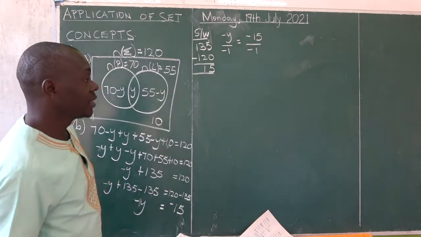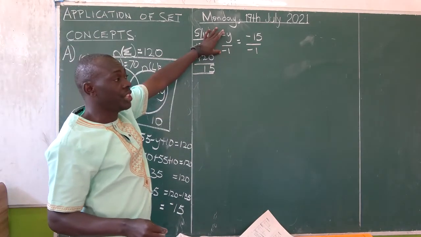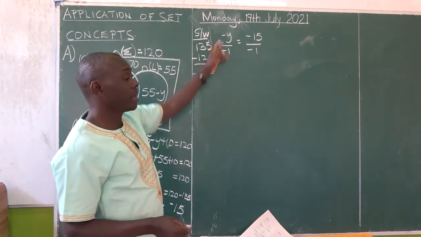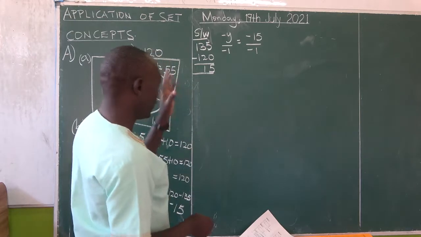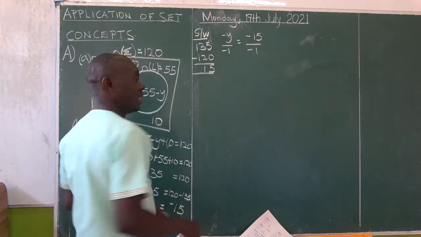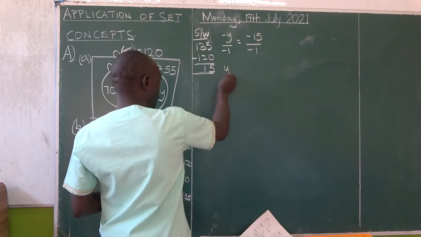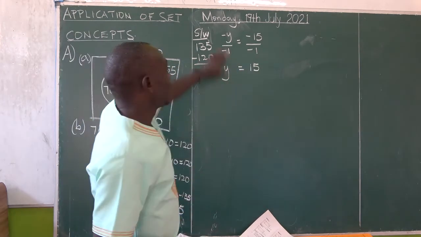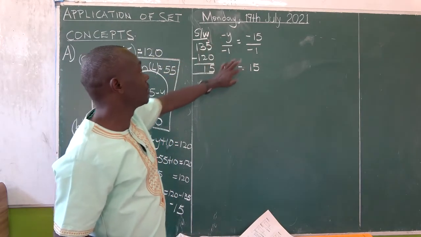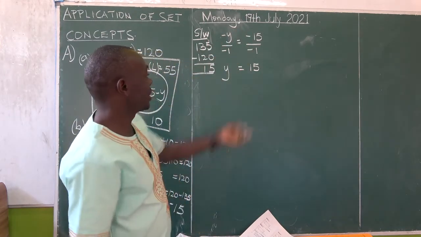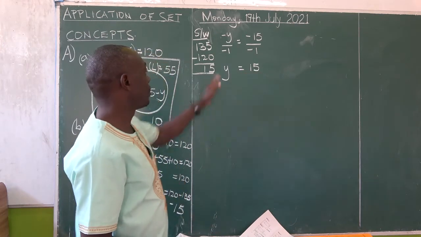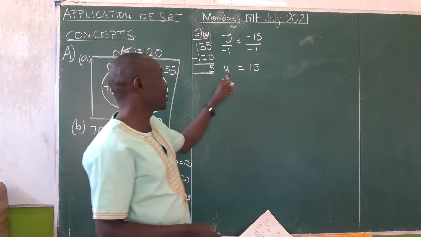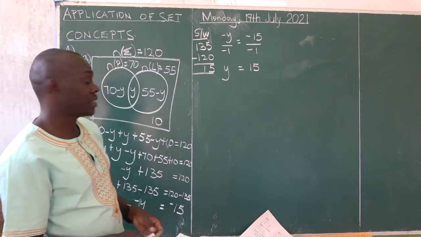Follow the steps properly, and you have a tendency of changing these to positives. I don't recommend it. So a negative divided by negative is a positive. Let them remain like that without necessarily changing the idea. So we go y equals positive 15 because both are positives. A negative divided by a negative is a positive, and so is the other side and we get a positive 15. So positive y is equal to positive 15. For a positive integer, you may not necessarily write a positive, but you'll be meaning it's a positive, so y is equal to 15.